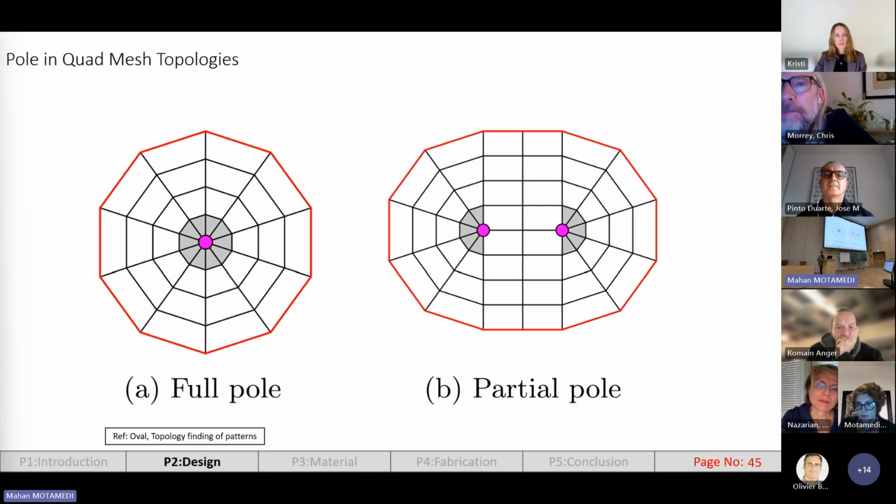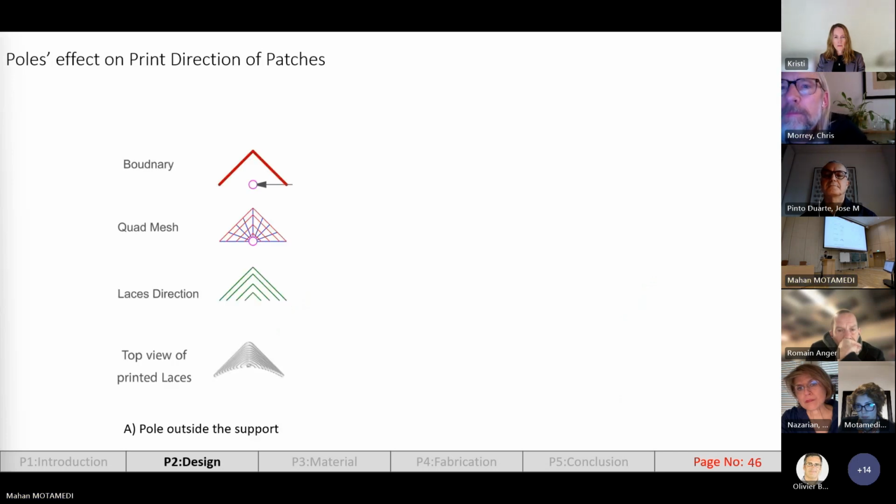The poles in the quad meshes are a type of singularities that are adjacent to the pseudo quad faces. The poles are of two types, partial pole or full pole. The full poles are the poles that are fully adjacent to the pseudo quad faces, and the partial poles are the poles that are partially adjacent to the pseudo quad faces and partially adjacent to the real quad faces. So here in the example, we have a support of a squinch in which the pole is